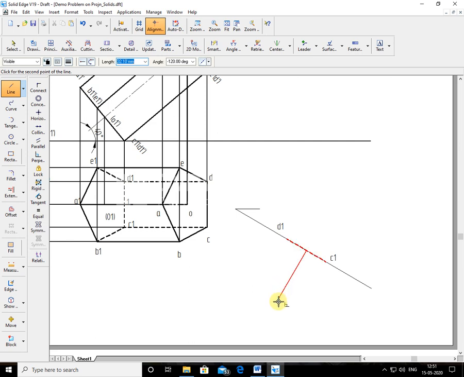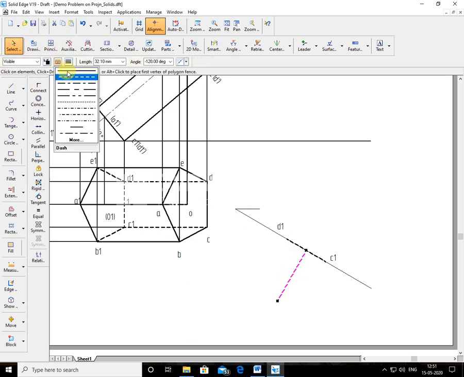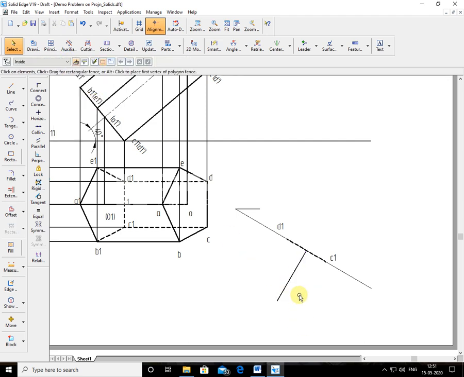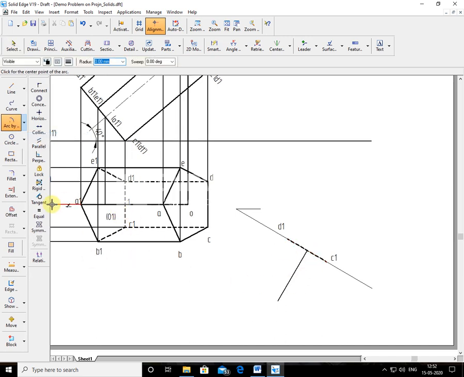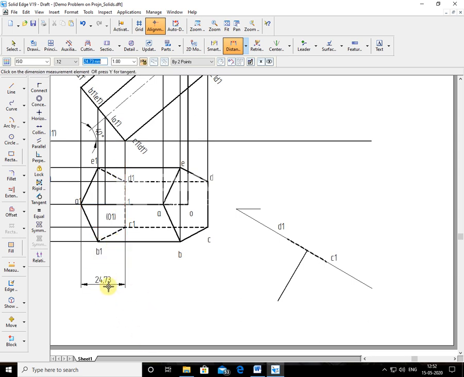This vertical line I am drawing at 90 degrees. On this line I'll go on marking. Now, 1A1 by compass: whatever distance is there, I'll measure it by compass. I'm only telling the sketching part; don't do anything on the computer. Remember how to do sketching in manual drawing. This distance is 24.73, from here to here. So use the compass, arc by center point, and from here I draw an arc of 24.73.